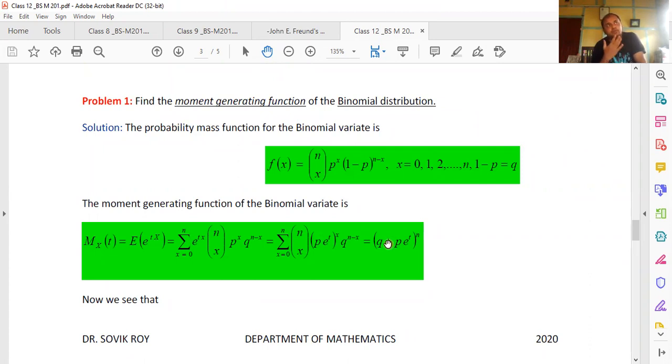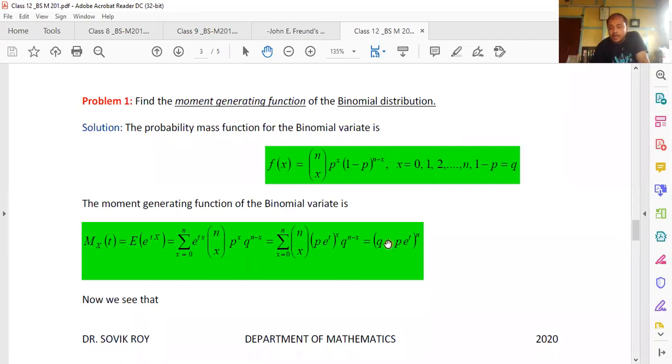And if you have the moment generating function with you, and if you know that theorem, d^r/dt^r of M_X(t) at t equal to 0, you can calculate the expectation of any random variable, the variance of any random variable, with respect to your system. But the only requirement for finding the moment generating function is to get hold of the probability function, which is very important.